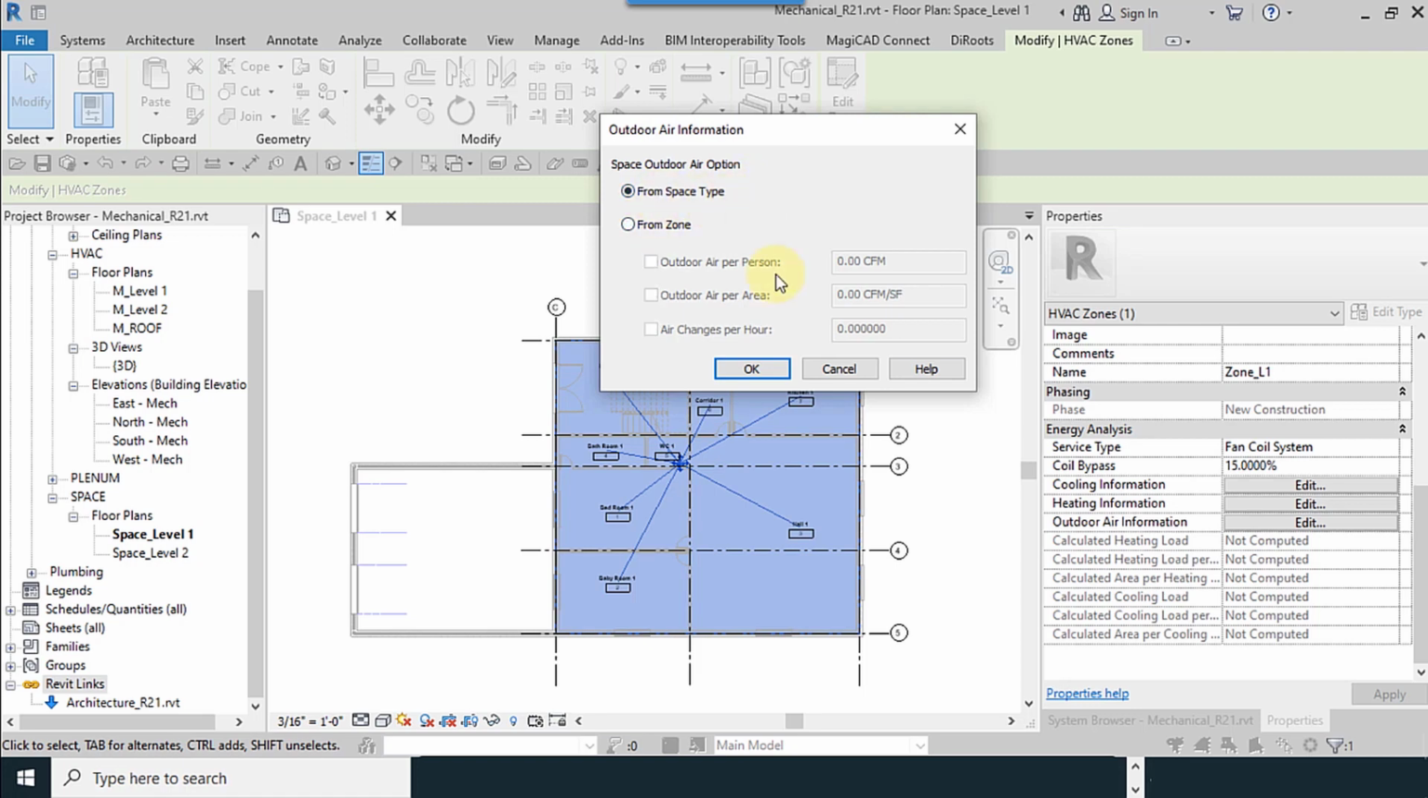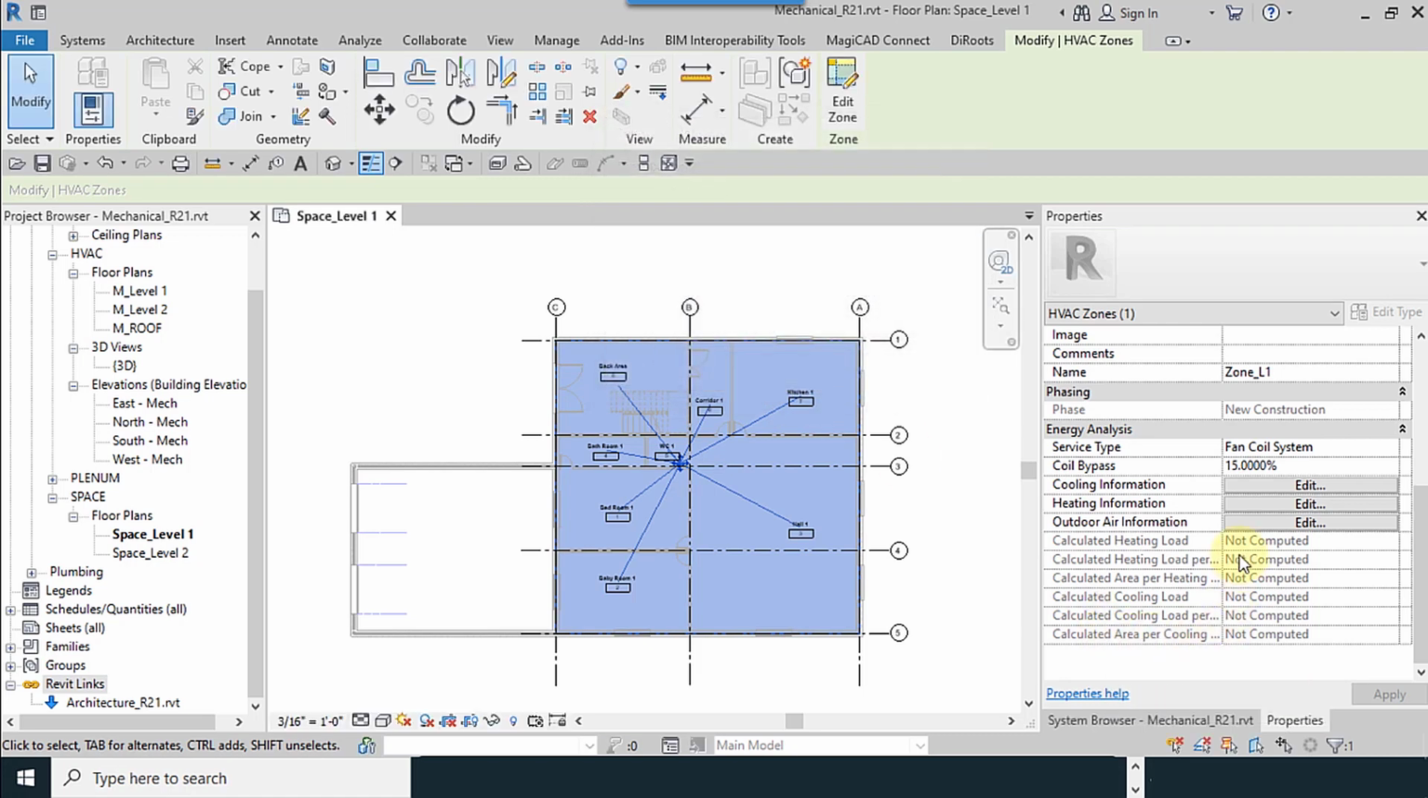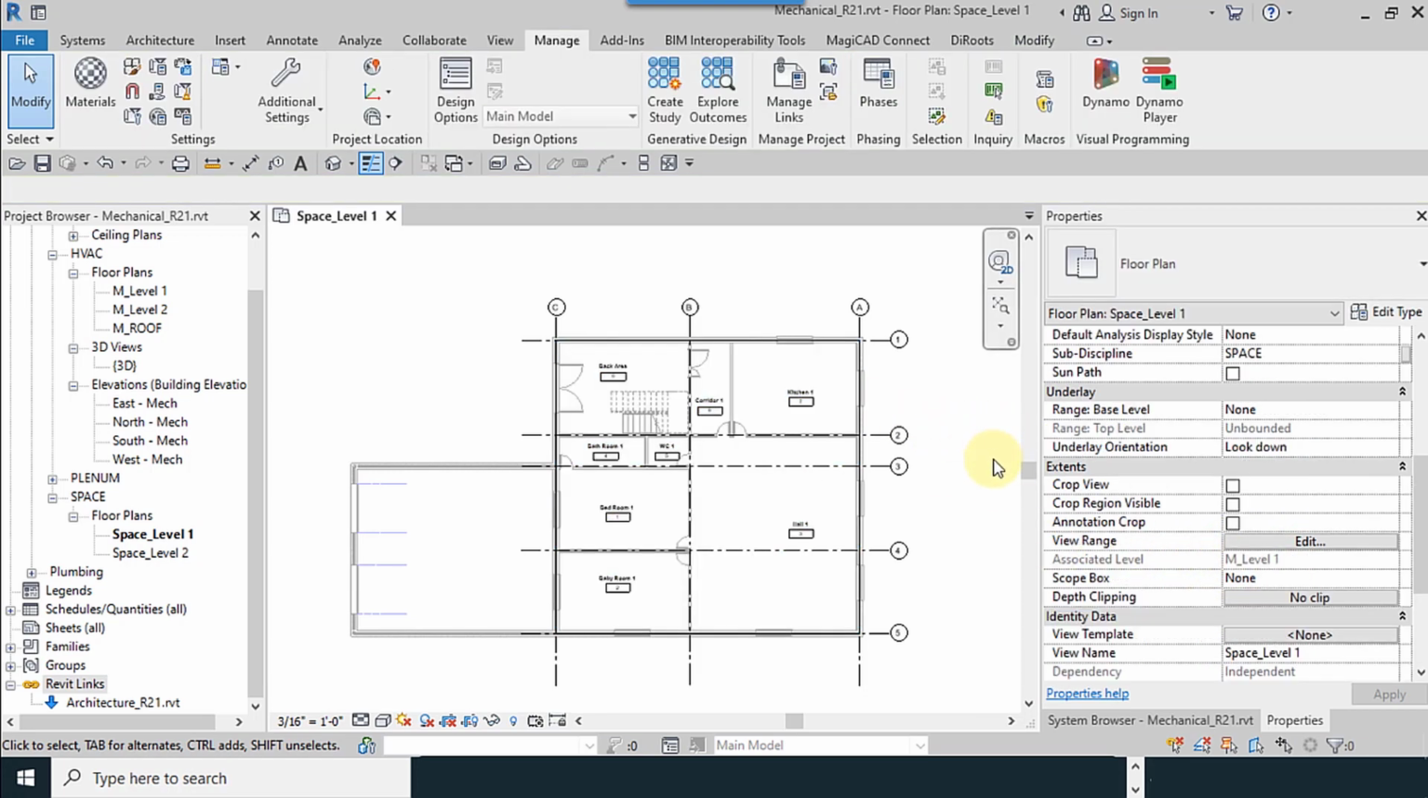For outdoor air, according to the type of the zones, the amounts and values will be changed. And we do it for the next zones, level 2, and finally